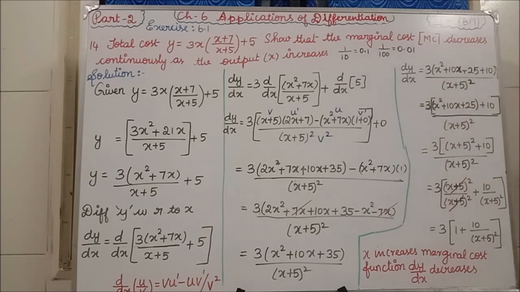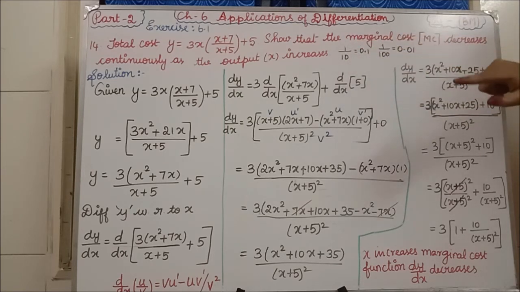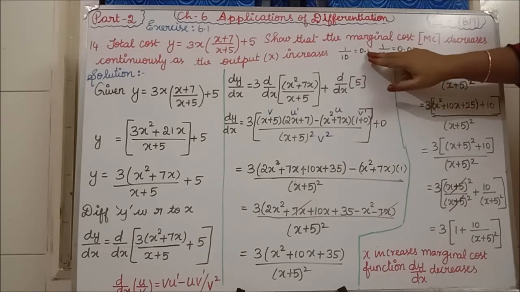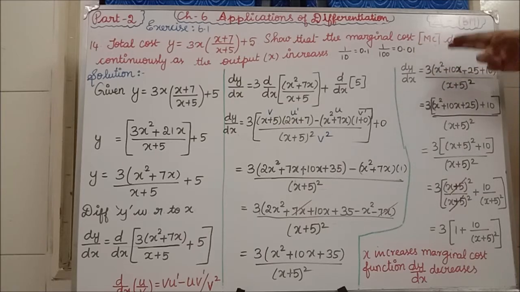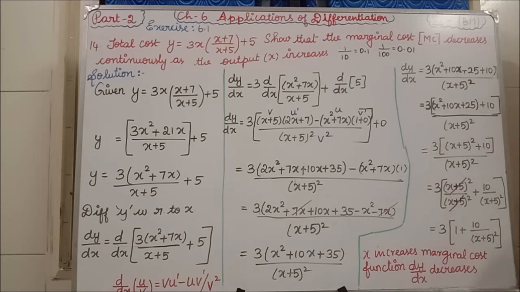0.1 only is big. So when the denominator is the bigger number compared to the numerator, the value will be decreasing, isn't it? So here 10 gives 0.1, here 100 gives 0.01. So when the denominator value is more compared to the numerator, the value will be decreased. Like that, here x plus 5 the whole square we are having. Suppose if you give 1 instead of x, then 1 plus 5 is 6, and if you square it we have 6 square.